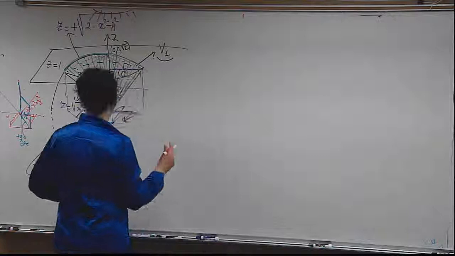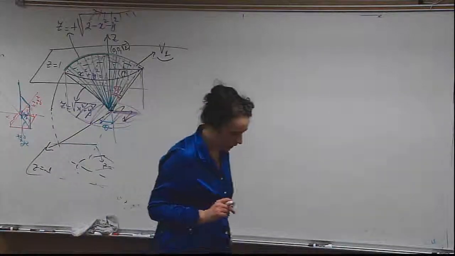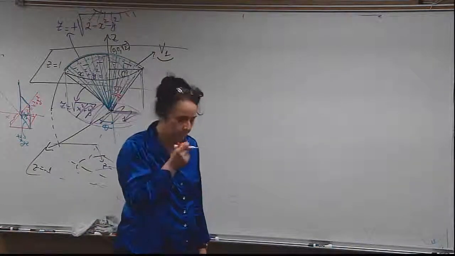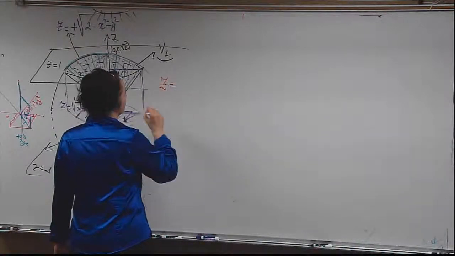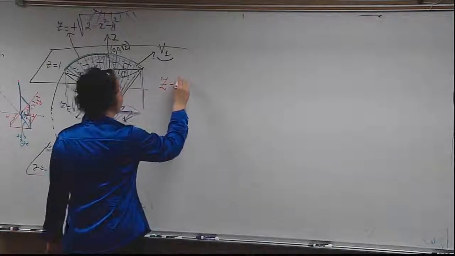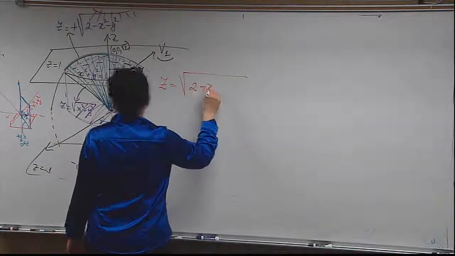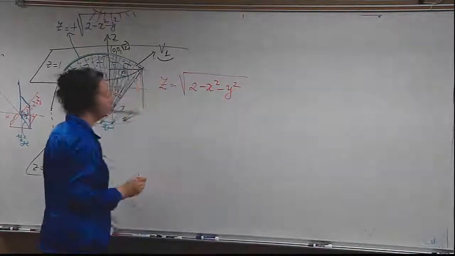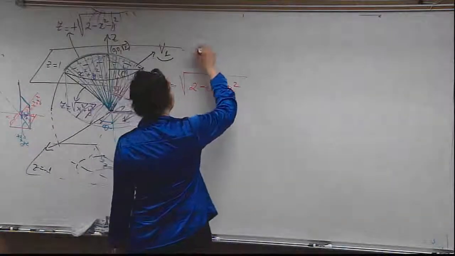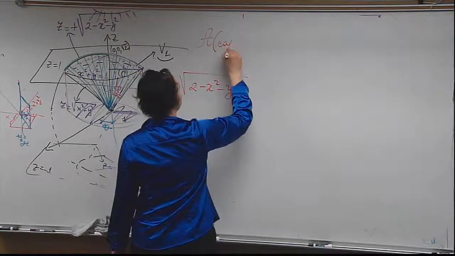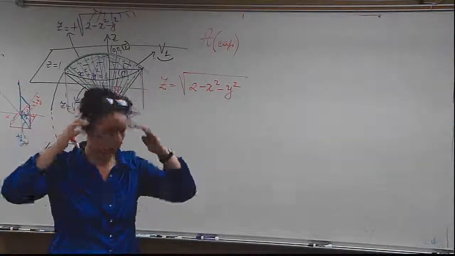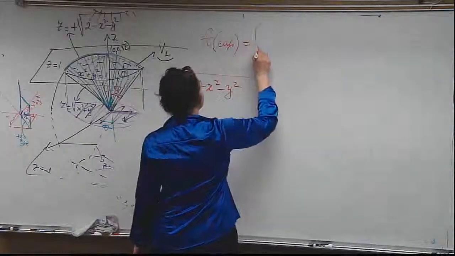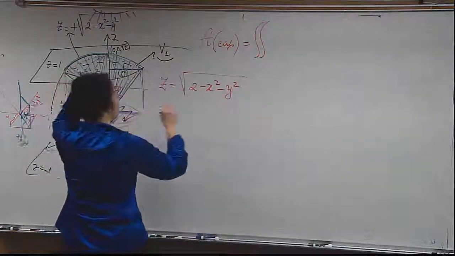So now you say, oh my God, this is ugly. I agree with you, it's not nice. You have square root of 2 minus x squared minus y squared. And when you compute the surface area of the cap, meaning spherical cap, a little hat that looks like, okay, that's why it's called cap, double integral over the disk D